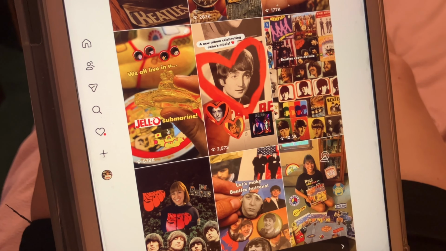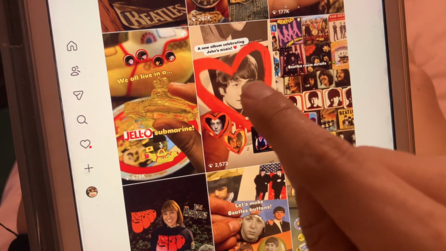Alright, so now I'll show you a behind the scenes of one of these reels, which would be this one right here. So this reel will kind of be a collaboration. There is a record company called Open Eyes Records that actually contacted me a few months ago asking if I could make some posts to promote this new album that's coming out that is called Dear John Collaborations, and it's basically an album of live performance recordings from the Dear John concerts, which are charity concerts that celebrate John's music